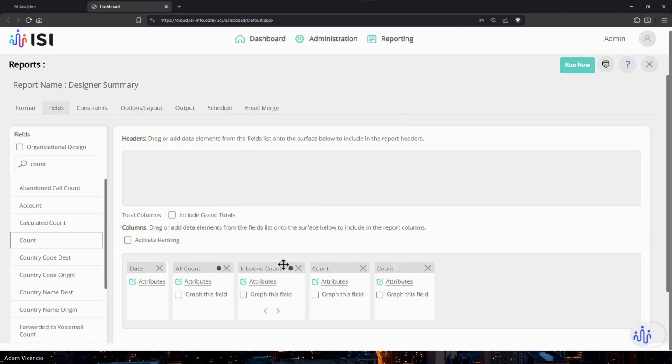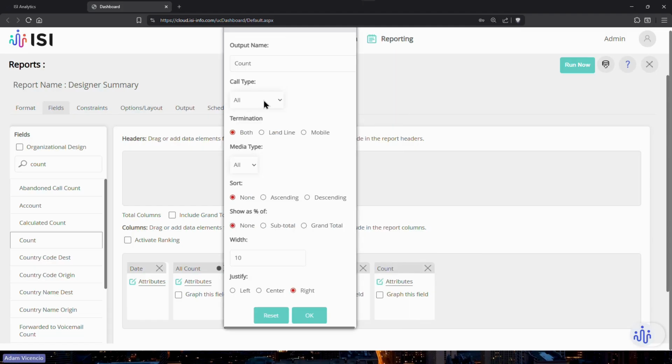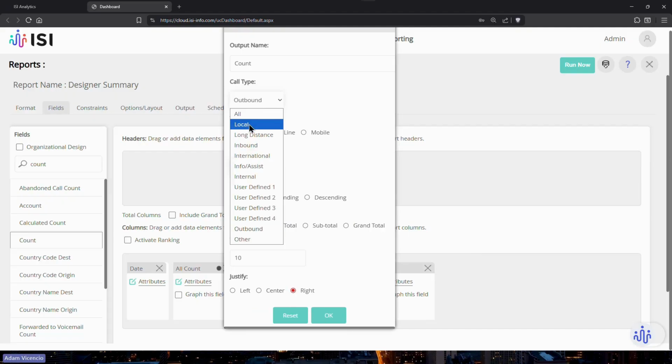And save that. Block. We're going to go ahead and do this as your outbound. Now here's the thing. You do have local, which is technically outbound. You have long distance, that's also outbound. International is outbound. Info assist is outbound. And that's all the ones. Those are all the